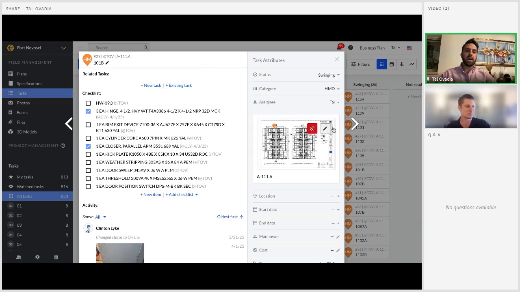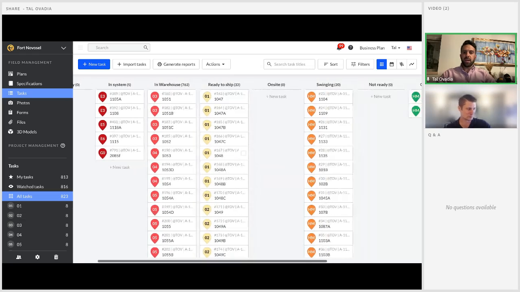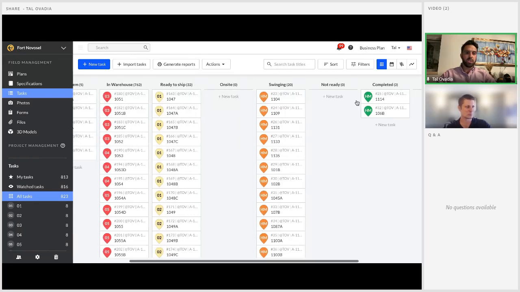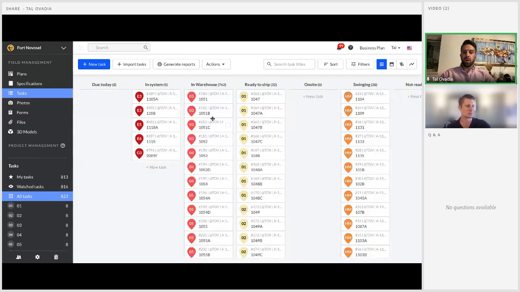Yes, I can do some quick math and see, based on status, where we are for progress payments. So my PMs will come in here for their jobs and say, okay, this many doors moved to swinging this month, or this many doors are sitting incomplete. And here's where we are overall on the job, given that there's 20 out of 820, or we've installed hardware on 32 that are ready to ship out of 820. That's a ballpark to help support progress billing for sure.